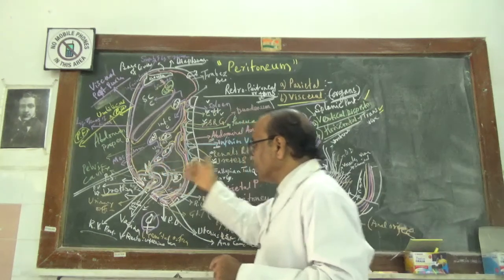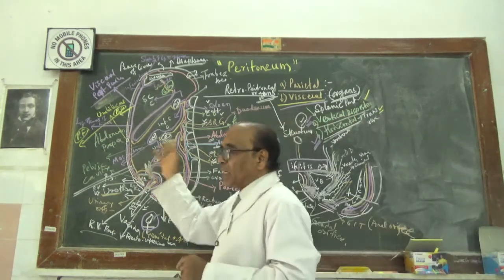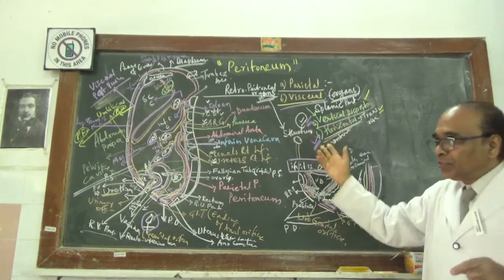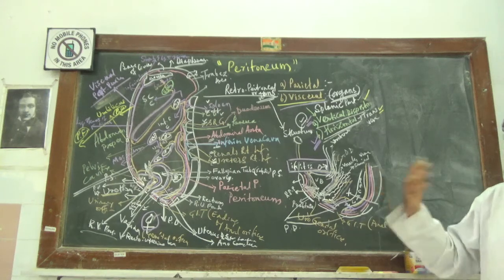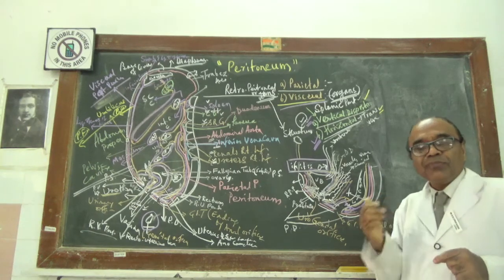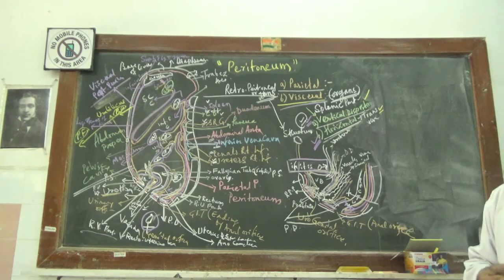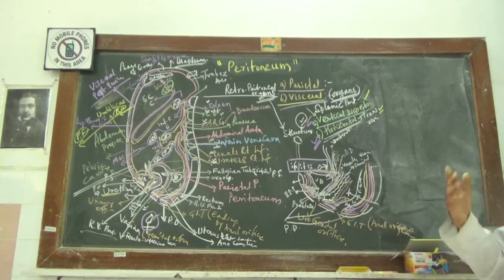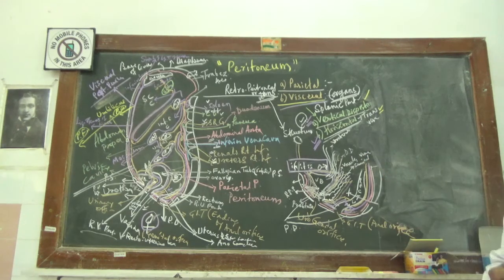these folds, as well as the parietal and the visceral layers, all these things will protect the organs from external invaders. This is another second. Then after getting an idea about these things, you have to go to the next topic.